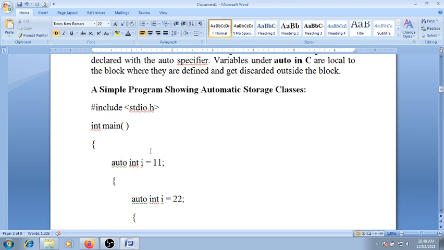So friend, how do we declare the automatic storage class? Auto, then data type and variable name. For example, suppose we take an integer variable x and give it the storage class auto. Then we can declare it as: auto int x;